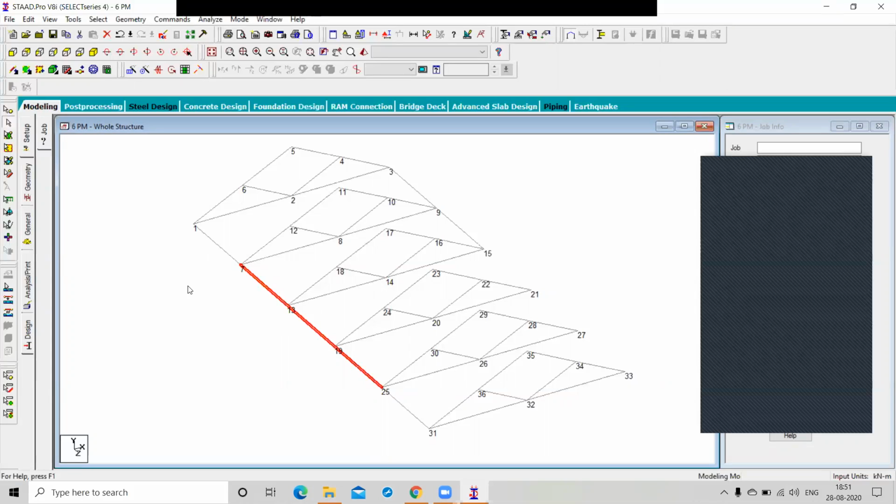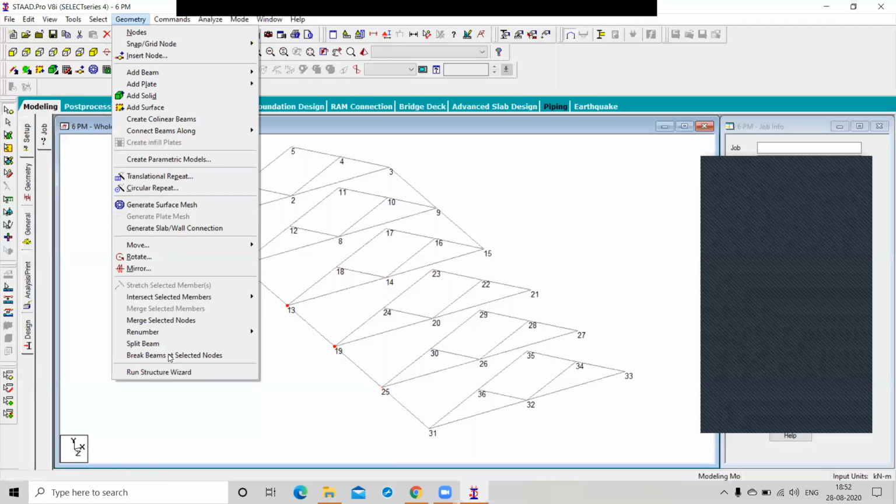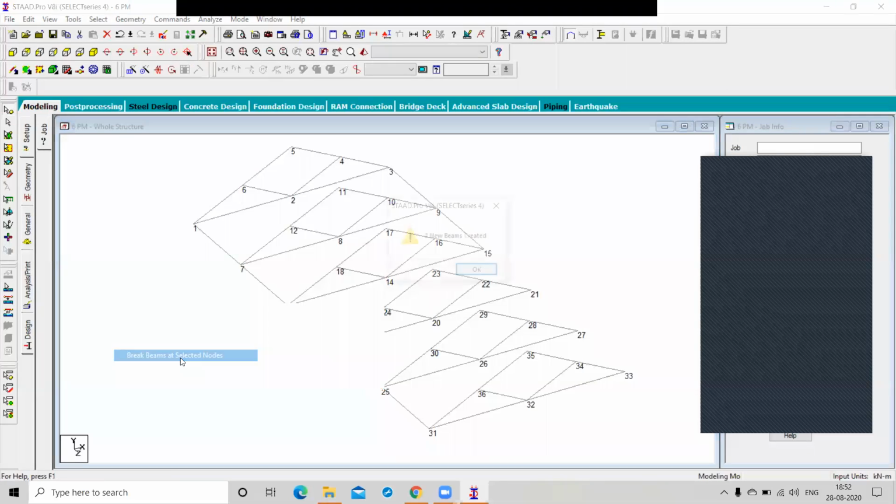Repeat, sir. Okay. Now this is the beam which is passing through node number 13 and node number 19. So you can go to the node cursor, select these particular nodes, go to the geometry and click on break beam at selected node, or you can insert it.